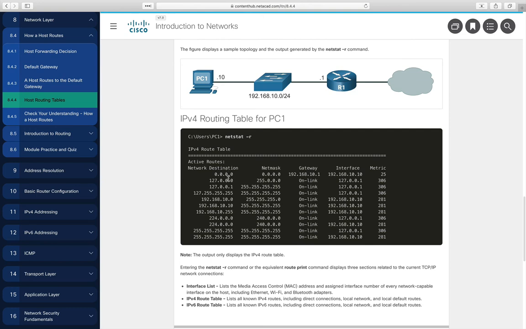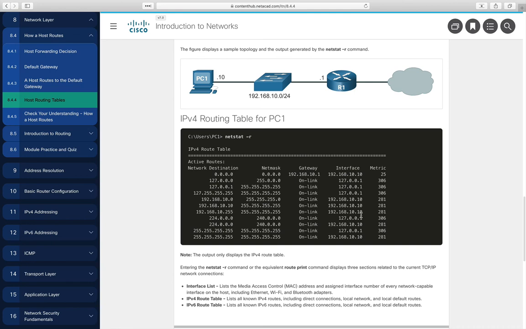Basically, it learns most of this information, and for example, it says if you are trying to get to 192.168.10, which is the network I'm on, it's on link, which means it's on the local area network, and you do that by going out my NIC card, which is